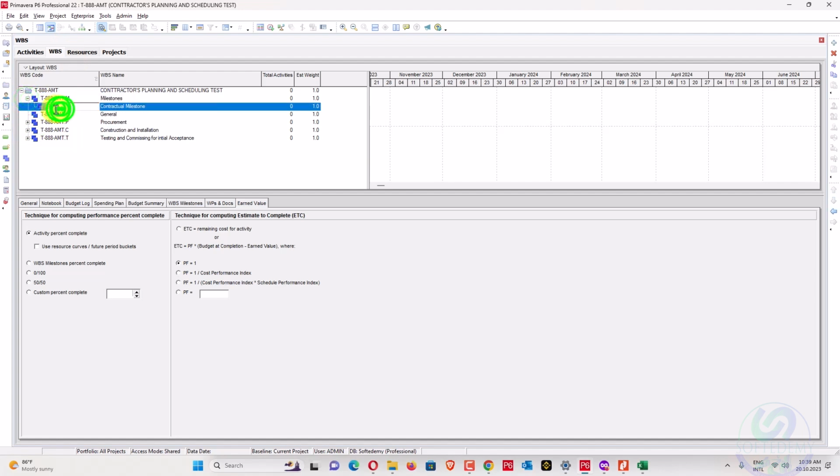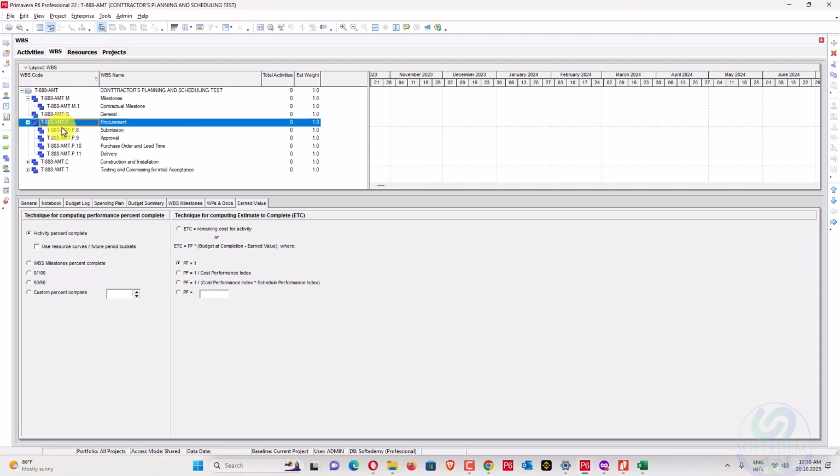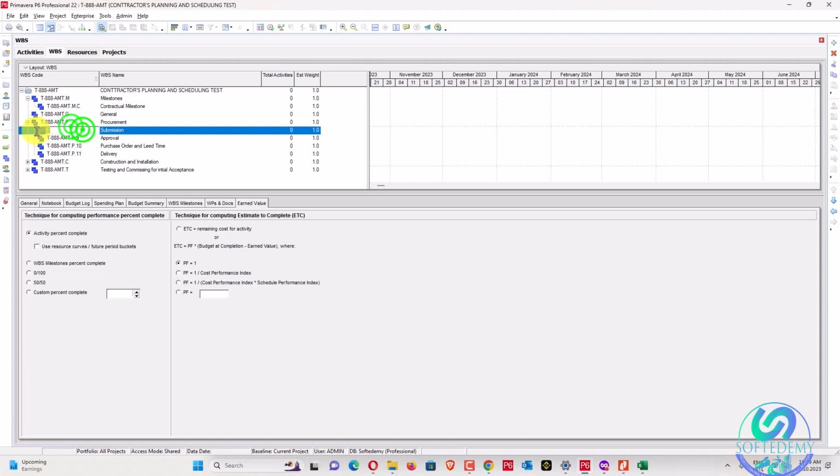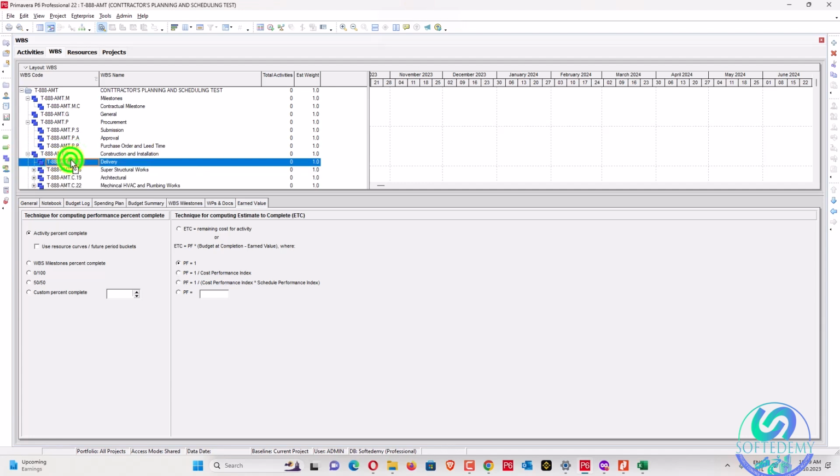Now also we'll write here like this one, 1. There we have also this coding like C, and this one is S, A, P, D. Where is D?